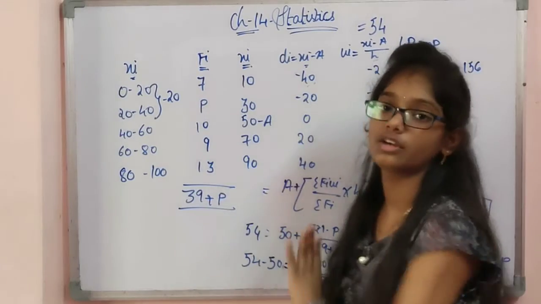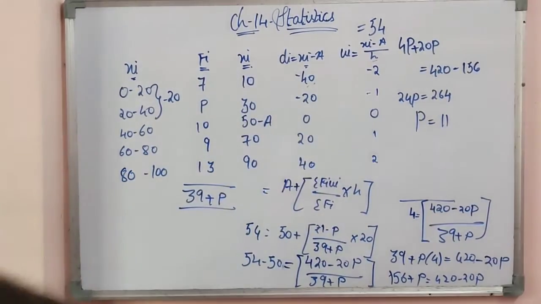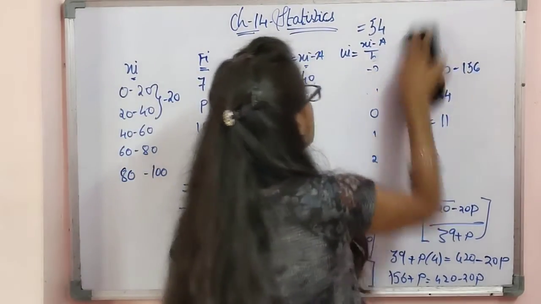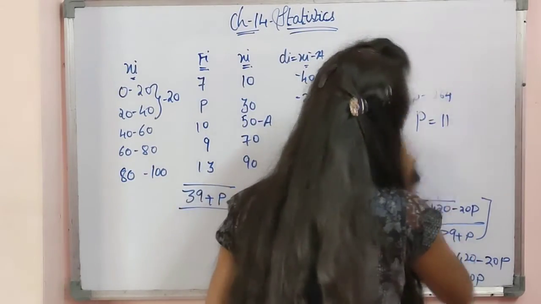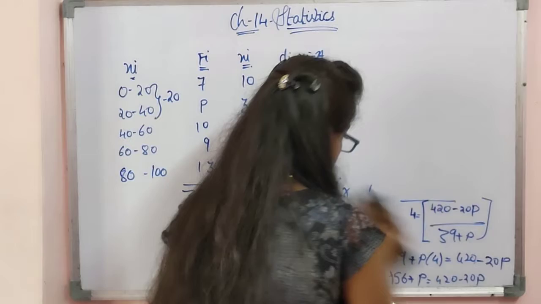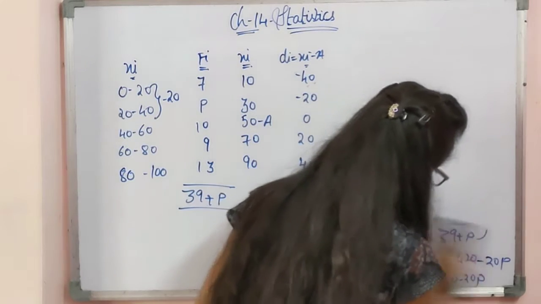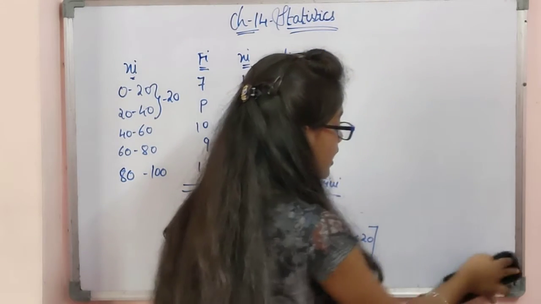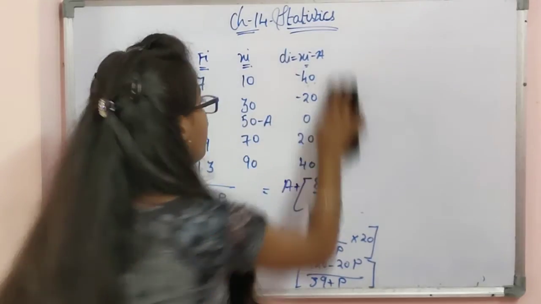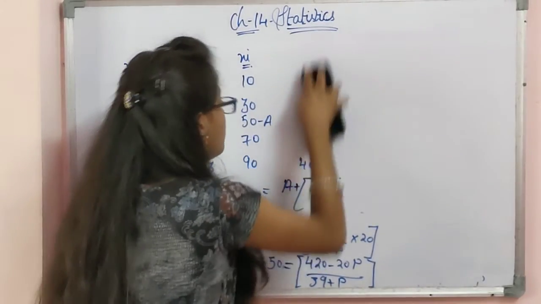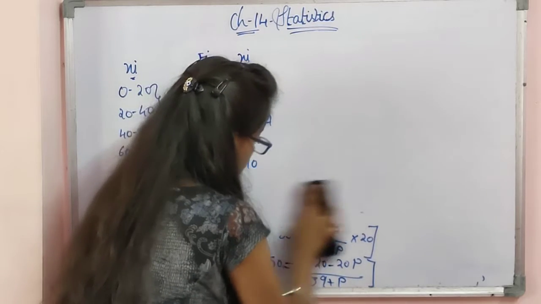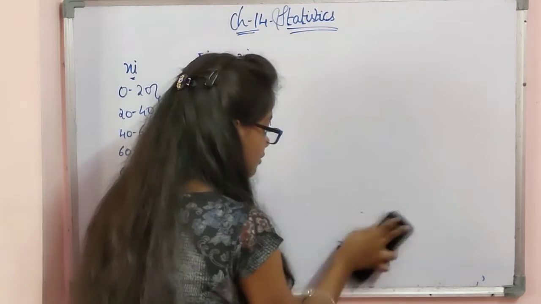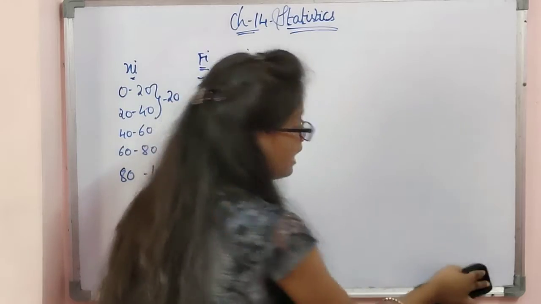And for this problem, in this way you will get the answer. So the 3 methods are completed. Now I am going to say mode. So in mode, this is the second topic in the measure of central tendency. Mean is completely over, and for mode and median we don't have many methods. There is only one method for that. In this particular session, I am only going to deal with mode, and in the next session I will say about median and graphs.